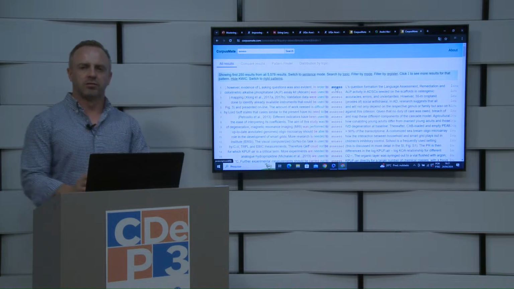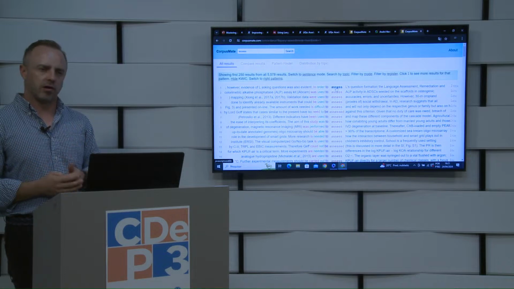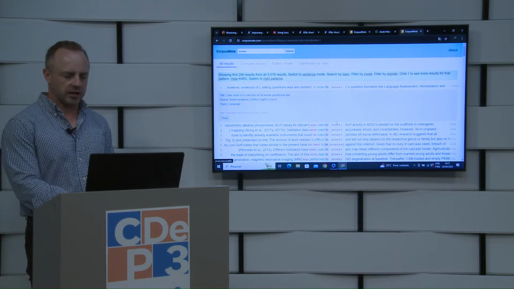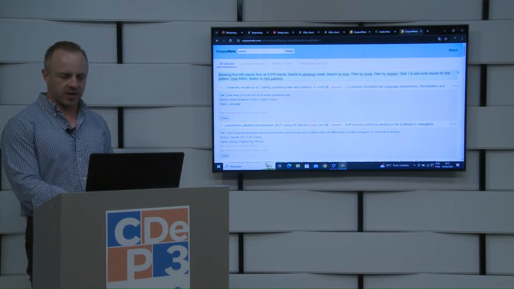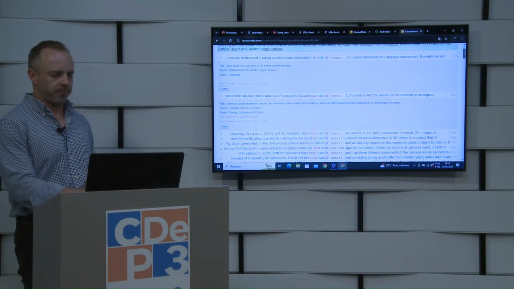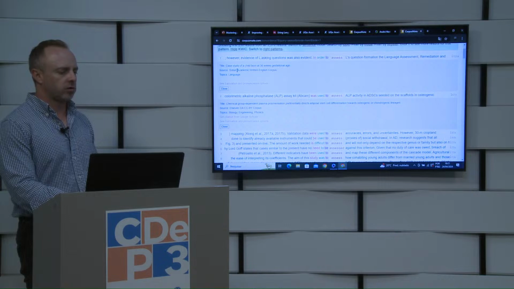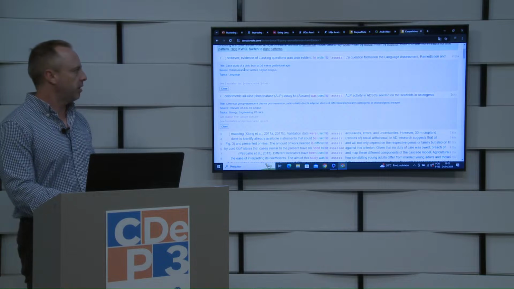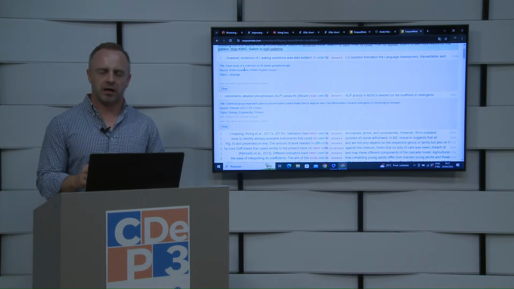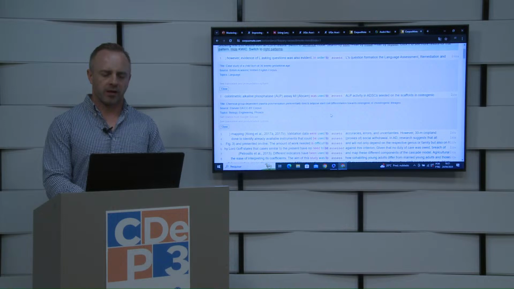Another thing that I can do, which is a very useful function of corpus data, is to actually click a given result, and I can see exactly where that result was taken from. So the first result was taken from a corpus called the British Academic Written English Corpus, which is a 6 million word corpus of academic English taken from the UK.